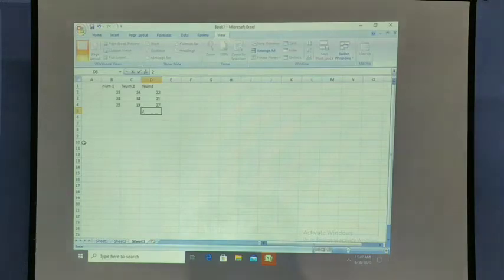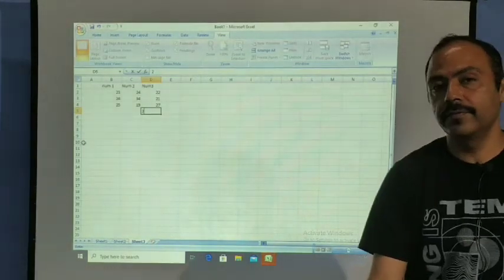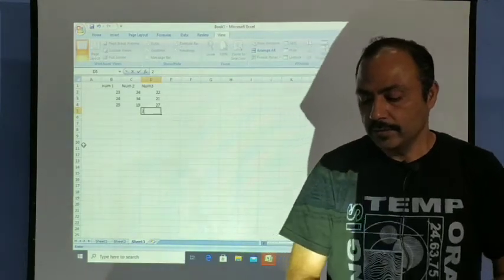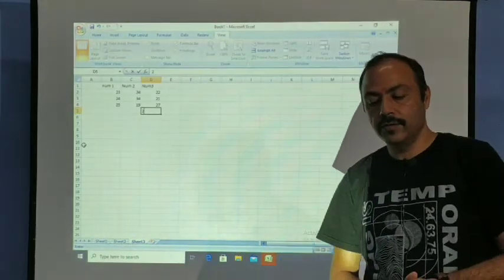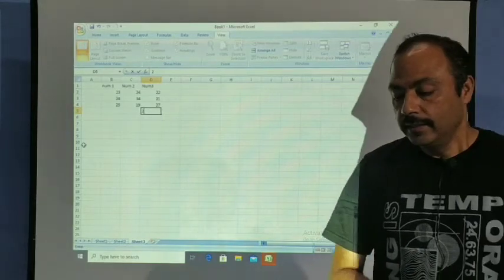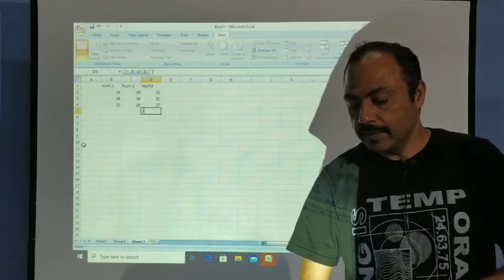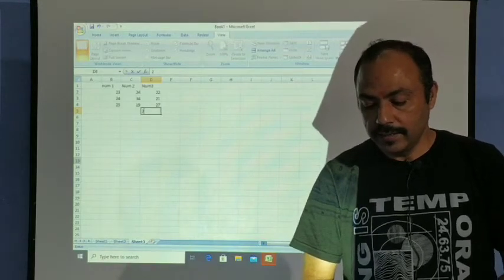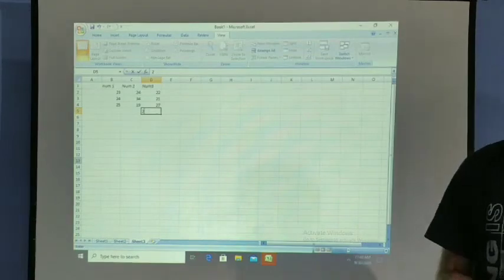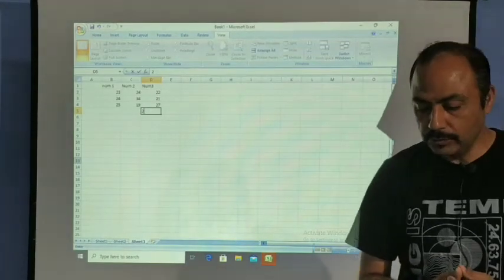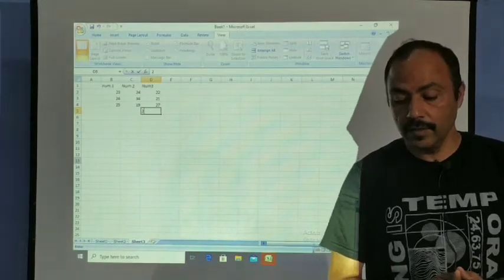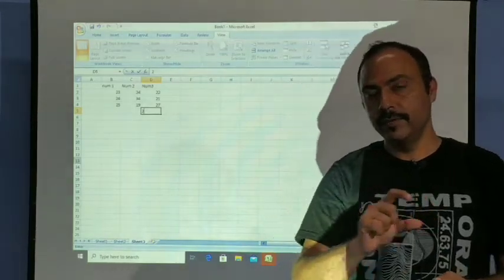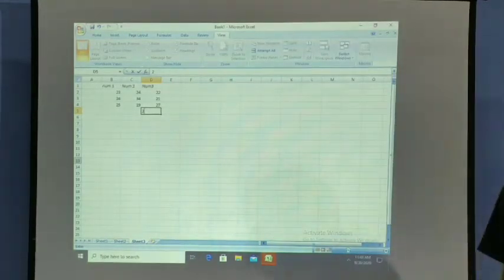Okay, now see. In our previous class we have discussed the types of reference. There are 2 types of reference. Cell reference refers to the cell or a range of cells in a spreadsheet. This helps Excel to find the value of the data to be calculated by the formulas. Relative referencing is used when you want to use the same calculation across multiple rows and columns. So I'll just be demonstrating the relative referencing.